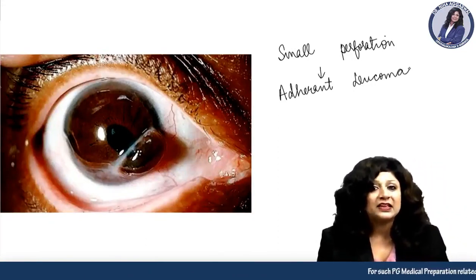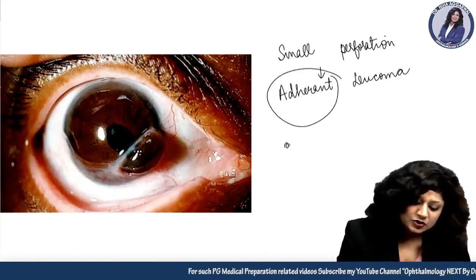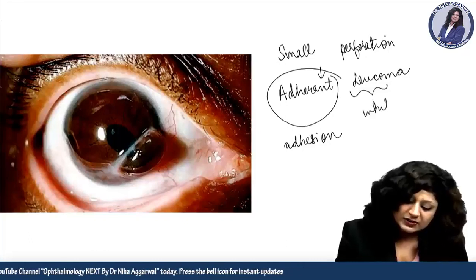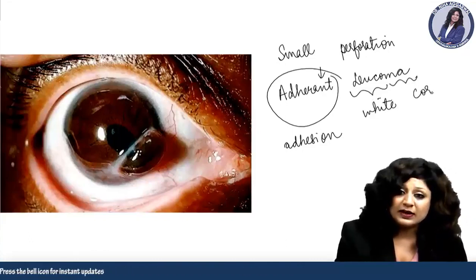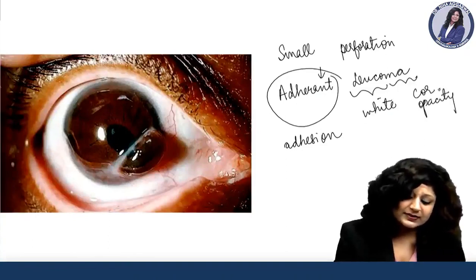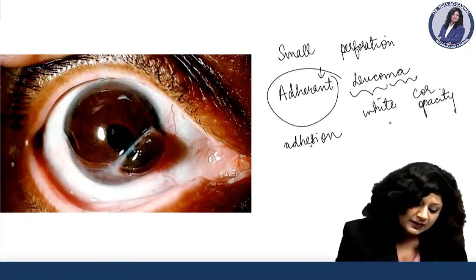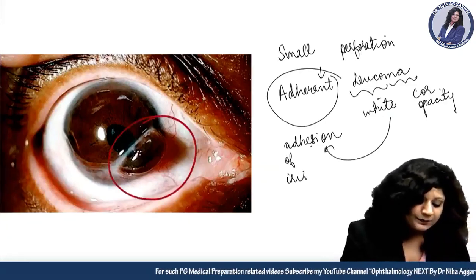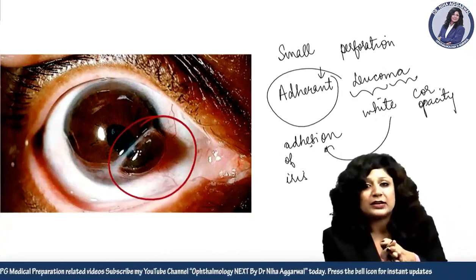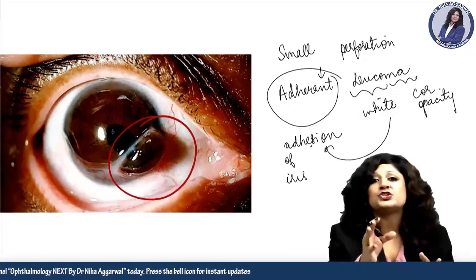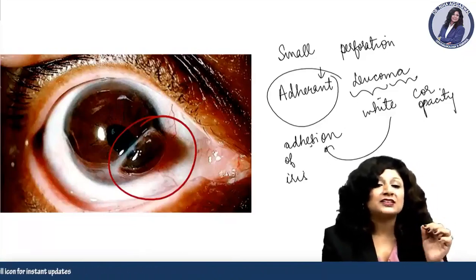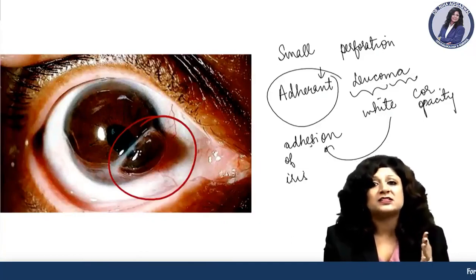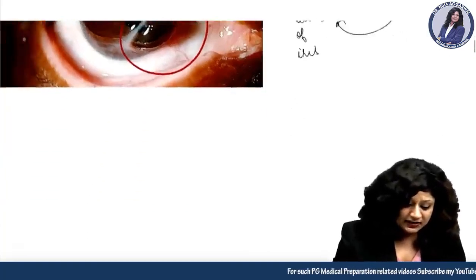Now what is the meaning of this adherent leukoma? Adherent means adhesion, leuco means whitish, and oma means corneal opacity. A white corneal opacity which is occurring due to the adhesion of the iris. Whenever there is a small perforation, the iris will come, it will seal the corneal perforation and will result in a whitish corneal opacity. That is why if I ask you the sequelae of small perforation, the answer will be the adherent leukoma. While if it is a large perforation,